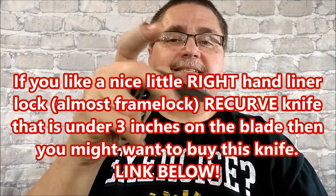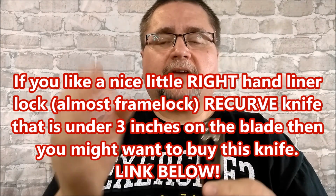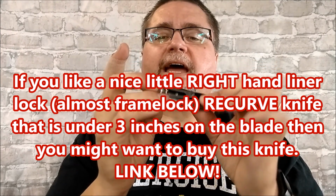And because this is a right-hand only thumb stud, it means I have to open it like that if I use my right hand. But if I can hold it properly, it's really easy to flick open really well. It's got a really good action to it. And that's why we're not doing this guy yet. When the swelling goes down on this finger and it becomes completely mobile again, probably while the stitches are still on it, but we'll see, then maybe I'll do this video. Until then,